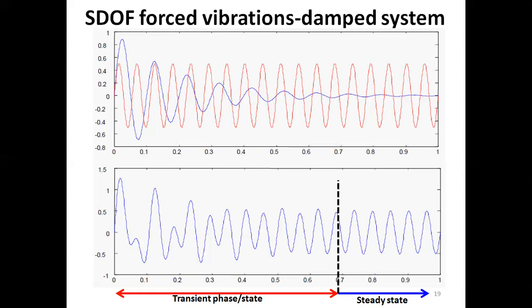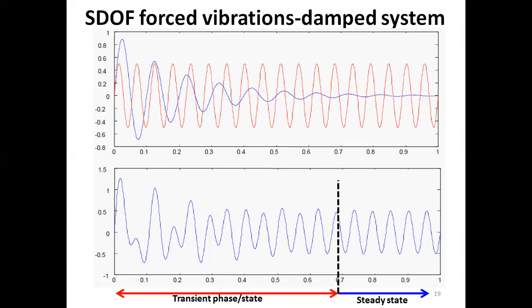So the machine wants to vibrate at its own natural frequency, whereas the forcing function is pushing the system to vibrate at its frequency of excitation. So in the beginning there is a slight fight between those two,